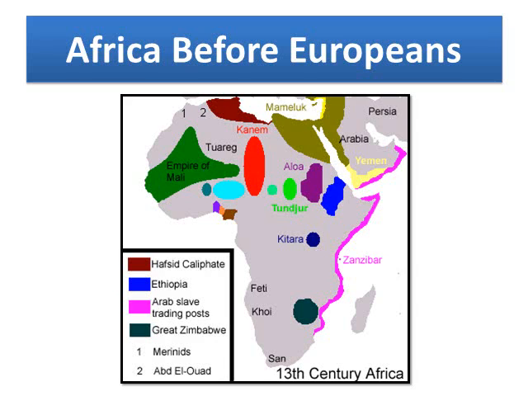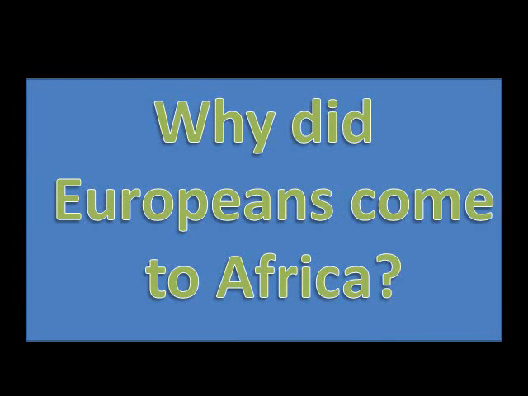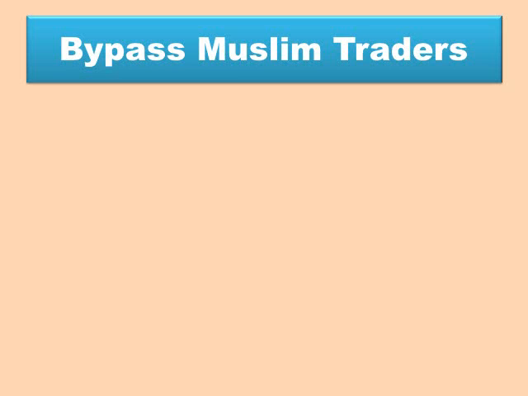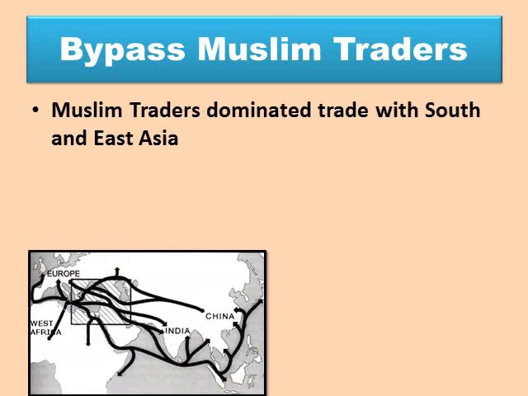Why did the Europeans come to Africa? The first reason we're going to look at is they wanted to bypass Muslim traders. They wanted to get around them. Why? Well, Europeans really wanted to get to India and China, and you can see that on this little picture here. There were a lot of different trade routes, but right in the center,